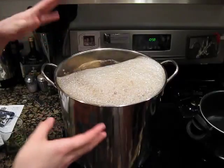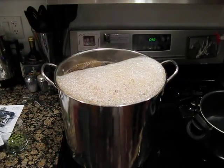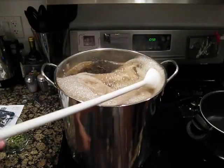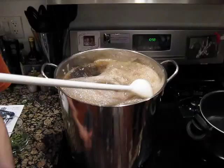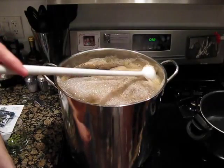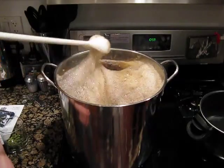Alright, so we've got the wort up to the boil, and you can see this one is actually producing a lot more foam than the Irish Stout I did. I do think that Jerry's suggestion is proving to work out awesomely, because I've never had a hot break like this before. So we'll just continue to let it reabsorb back down into the wort, and as soon as it clears up a bit here, we'll add